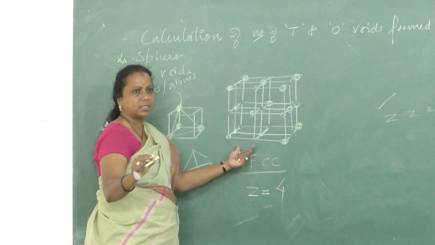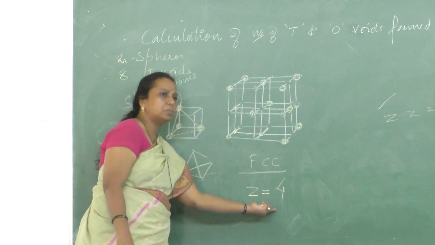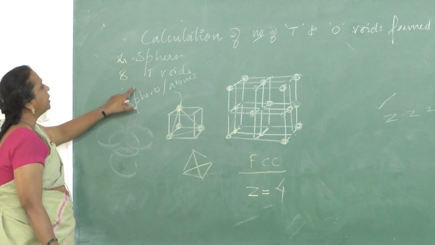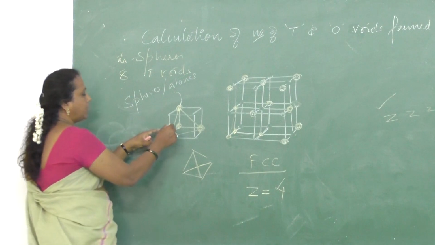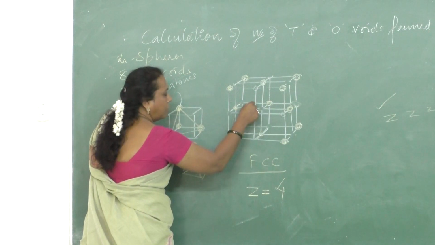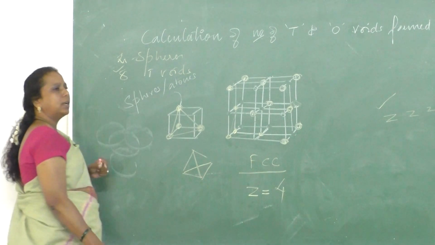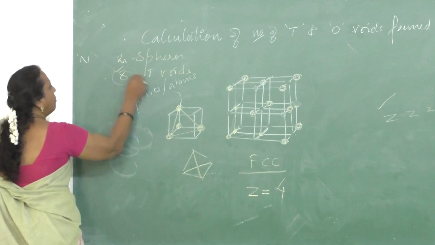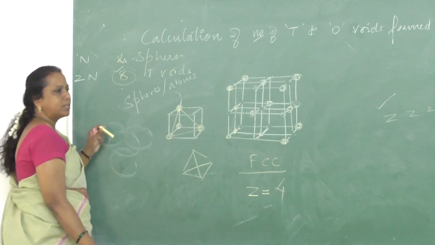No confusions please. Involvement is needed. From the FCC unit cell, we came to know the number of spheres per unit cell. There are 4 spheres. Out of 4 spheres, how many tetrahedral voids are produced? 8 tetrahedral voids are produced. This is one tetrahedral void. Such type 1, 2, 3, 4 in one plane. Over the plane there are 4 more. So totally 8 tetrahedral voids are produced. That is, from n number of spheres, we will get how many T voids? 2n number of T voids are produced.